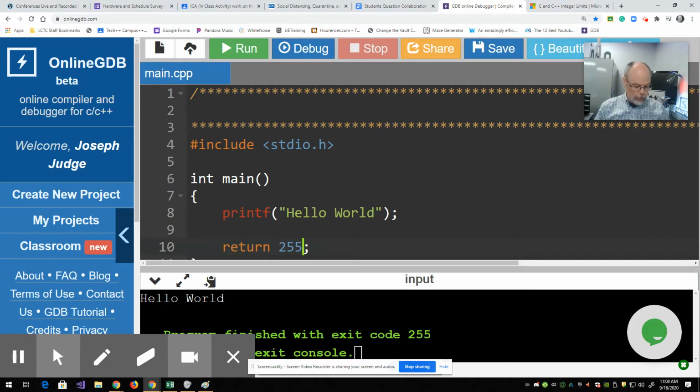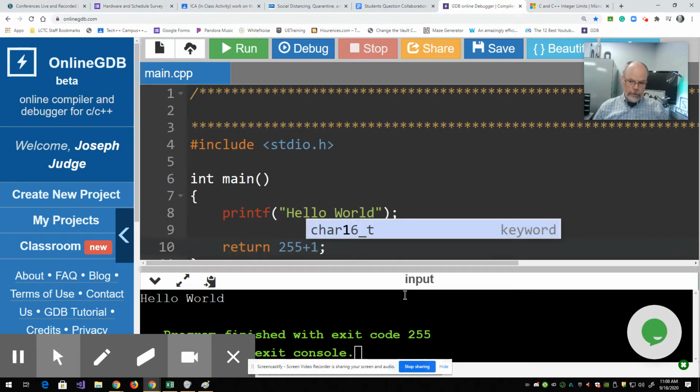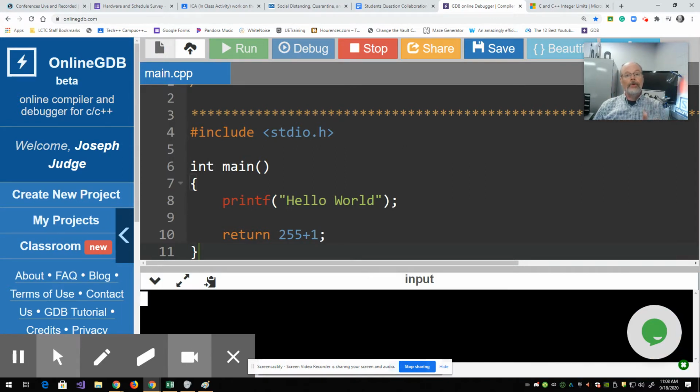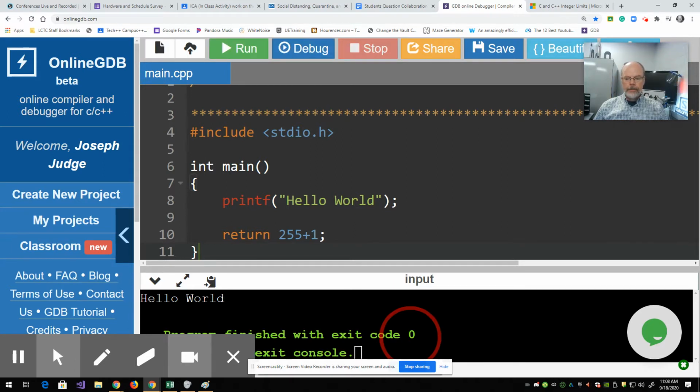And if I add just one more, so 255 plus 1, and I run that, you'd think, oh, 256. But no, because of the limitations of the computer, the value that gets returned is a 0. So that's because, as we looked in that game we were playing,